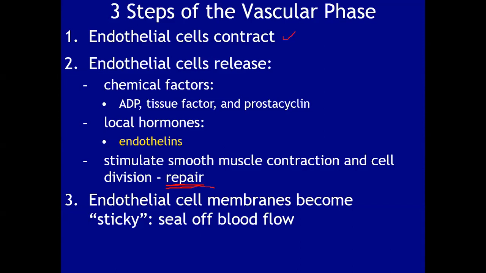The endothelial cells, when they have released some of these other, like tissue factor, that's going to stimulate cell division, prostacyclins, that's going to work on dialing down our blood vessels and things like that. And these endothelial cells are going to become sticky. Okay, they're going to release a compound that is going to make them sticky, and that makes it easier for us to seal off this blood flow. Okay,